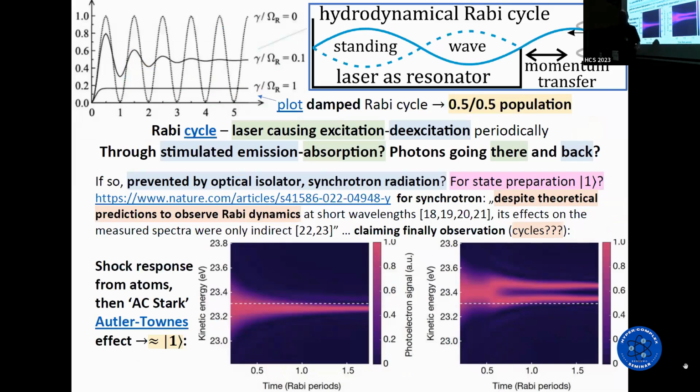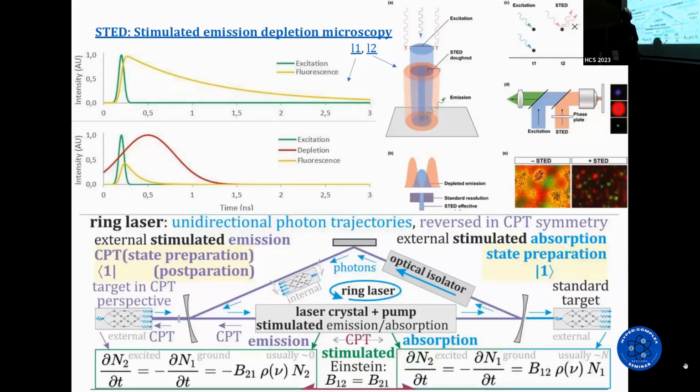Can we separate these two equations? Yes. Here diode lasers are used. In a diode laser in steady state, both equations act on the external target. But in this kind of laser, there should be only one equation, and it's switched in the CPT perspective. So we should have two types of beam, forward and backward, one for this equation and one for this equation. With a fractional optical isolator, we should be able to split the two equations and treat them separately, which should be useful